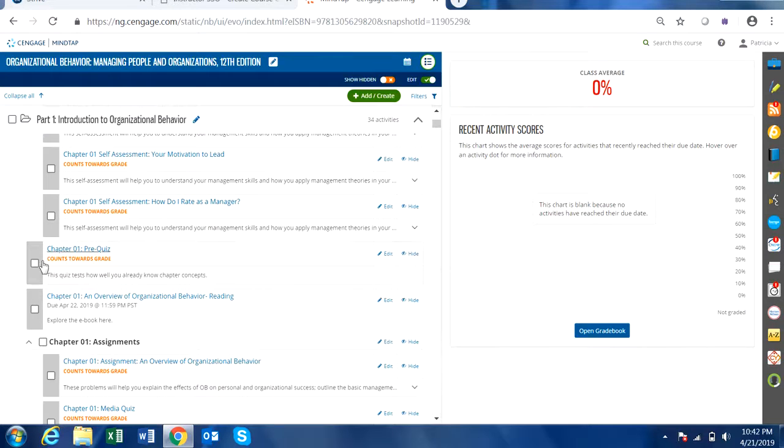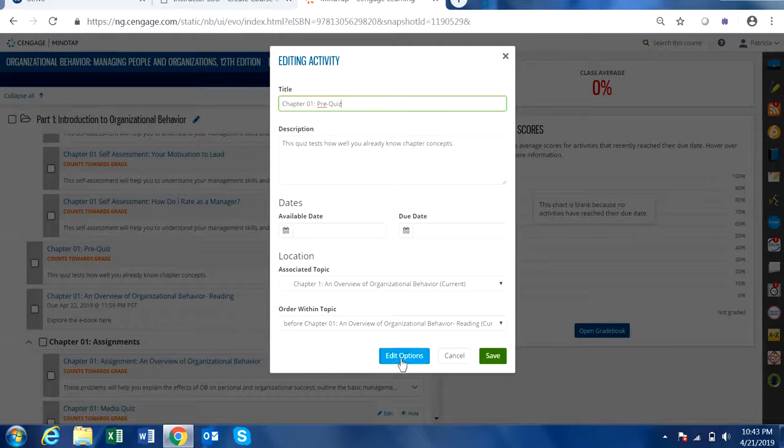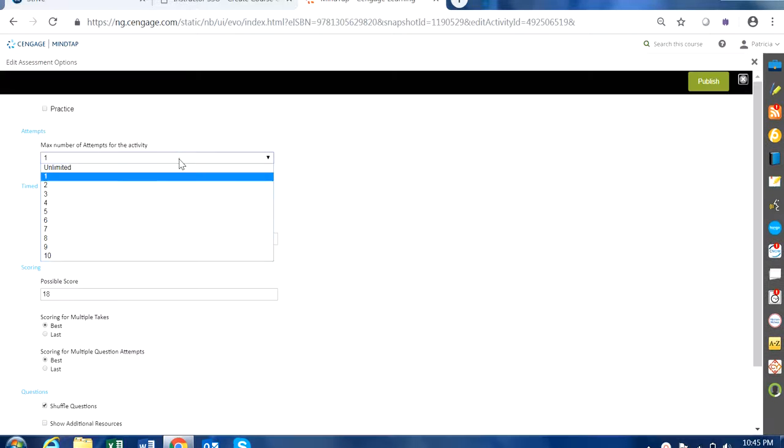So let's start with, for example, you would like to assign a quiz already embedded here in the course or learning path view. If you would like to assign this one, you could simply click the edit button to see the edit options. You can limit the number of attempts to one, or to what you prefer. To ensure that cheating is prohibited, I might as well set the attempts to